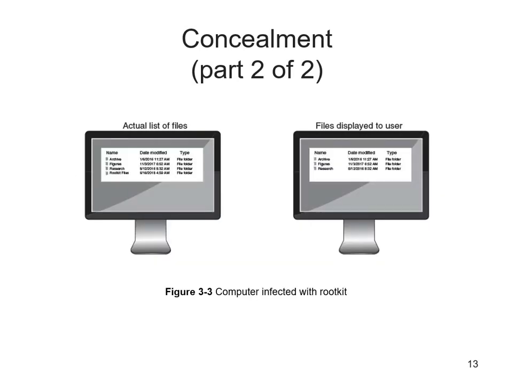As you can see in this one, the actual files and the files which are displayed to the user are a bit different, so that you cannot detect which file is the new one or which one has been modified. The actual list of files is 4, whereas the files displayed to the user are only 3. So it's automatically hiding the file which it wants to hide, and it does not want the user to see, so that he cannot take action that there is something going on with his computer.